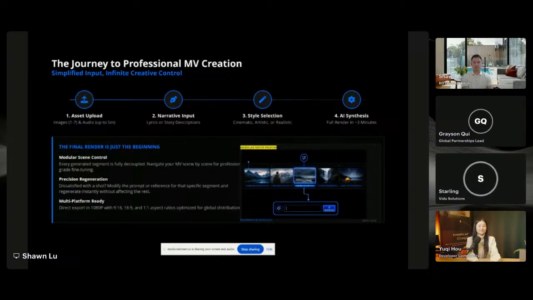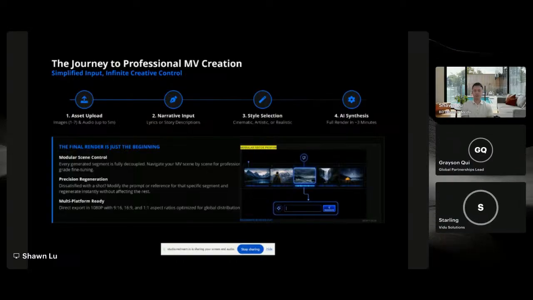As a user, you just need to upload maybe one image, up to 7, depending on you, and then use this image, the character or the atmosphere or the room inside it, to make a video. And the next step is to just upload the MP3 or the music, and then write a story or just upload the lyrics so we understand how you want the MV to be. And then just wait for maybe 2-3 minutes and then you will get an MV.